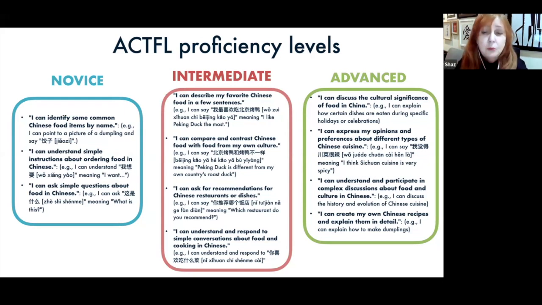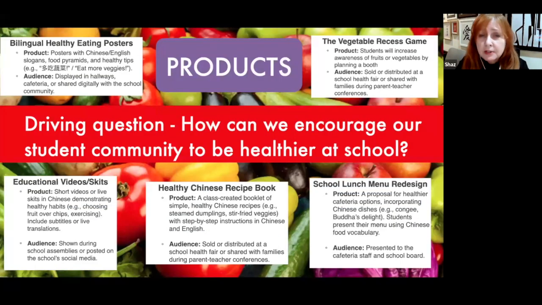So as a teacher, you would go and look at the standards, or if you know them already, you would start planning what kind of content, what vocab, what sentence structures, what grammar you are going to be teaching. The students are going to be exploring during the PBL unit. These are just some examples.